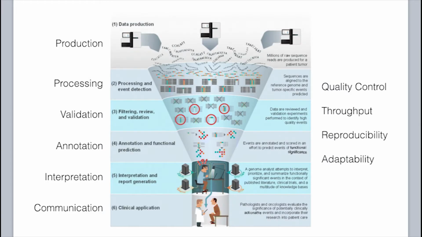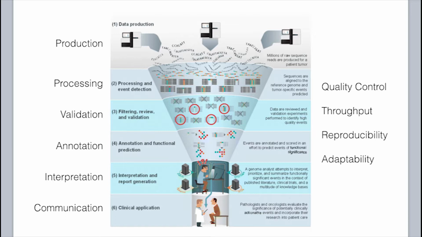So this is an image that I'm going to come back to a few times in the talk. It's just a typical workflow. This represents what we do in POG quite well, but also other genomics platforms, where you go from basically producing the data to a process of filtering, annotating, so you get to a high-quality data set where some human individual can go and look at that data and start to interpret and understand what it means. And then once they've put their filter of perhaps knowledge and expertise onto that, to then pass that on to the clinical